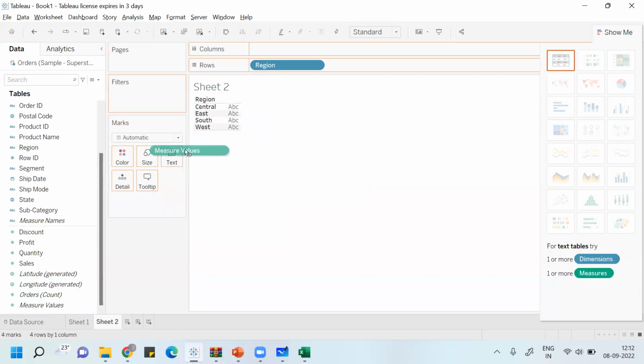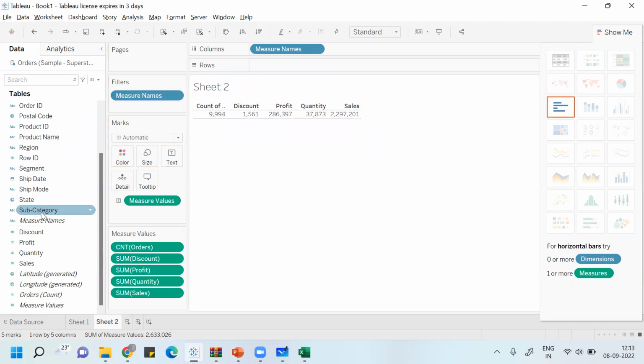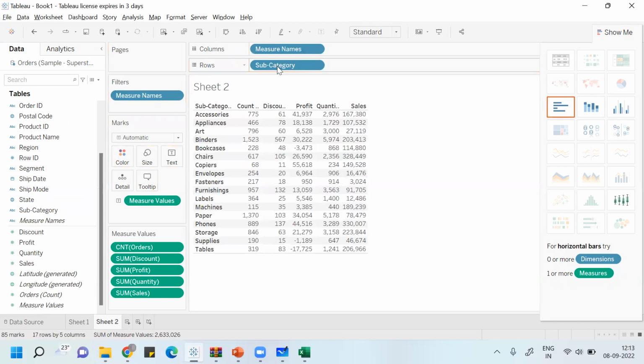Now if I put the measure names under column, and put this region under row and measure values under text, now you can see all of them came together. Like if I remove region and put subcategory, everything came together. So I don't have to go into the filter and individually select the values in the filter,